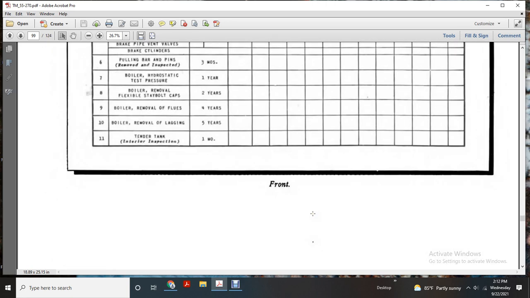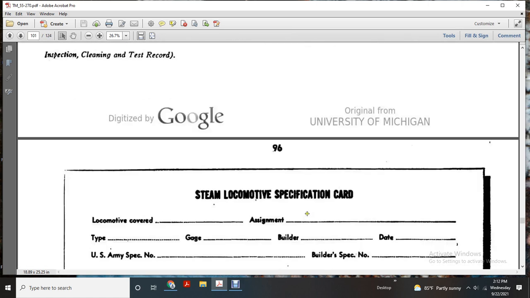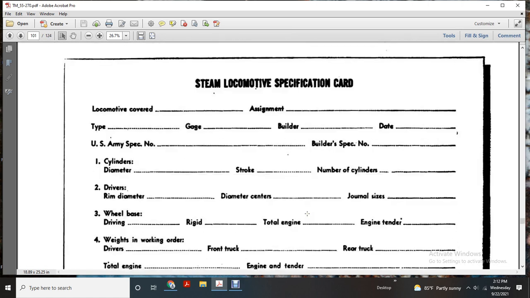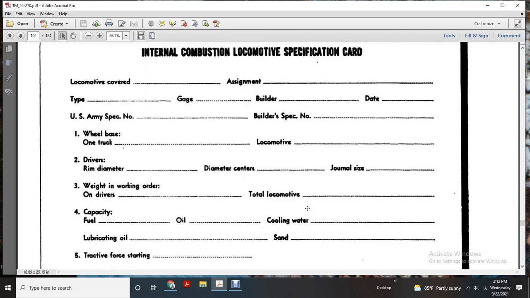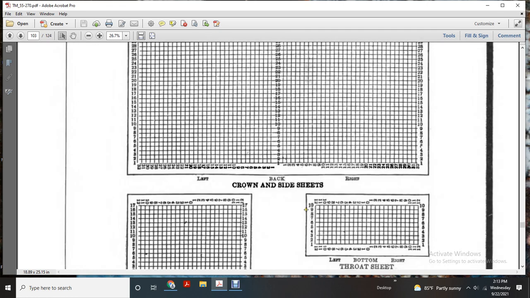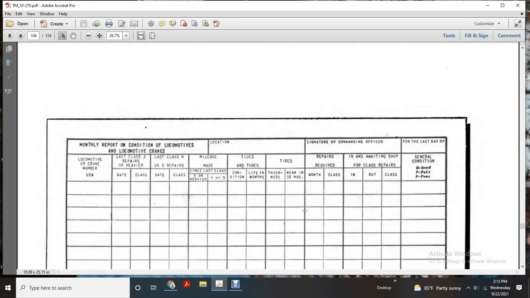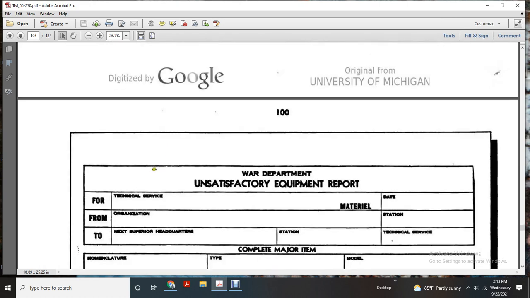Here they show the form front and back of steam locomotive specification card, front and back, internal combustion locomotive specification card, report of broken stables, monthly report of condition of locomotive and locomotive cranes, unsatisfactory equipment report,